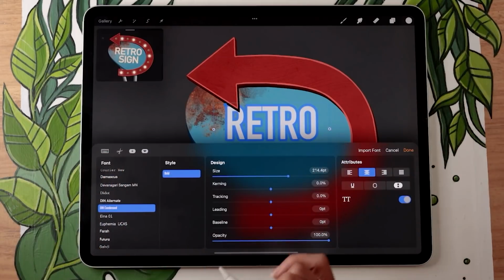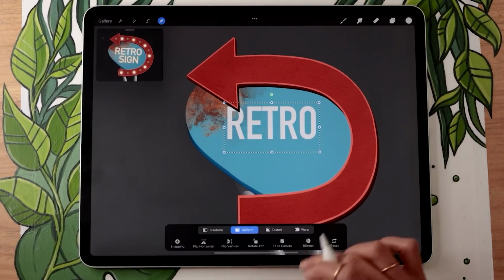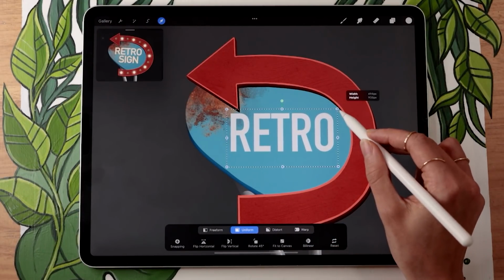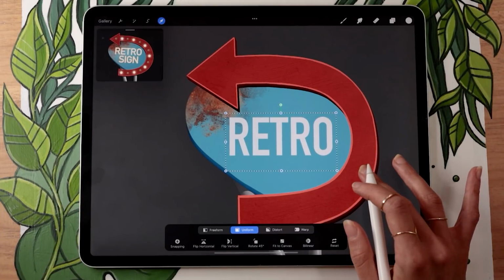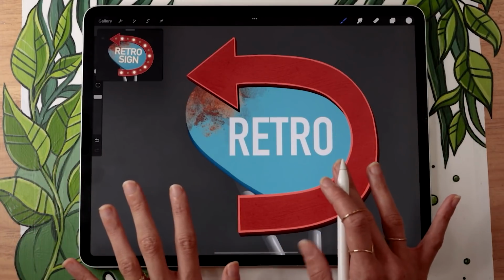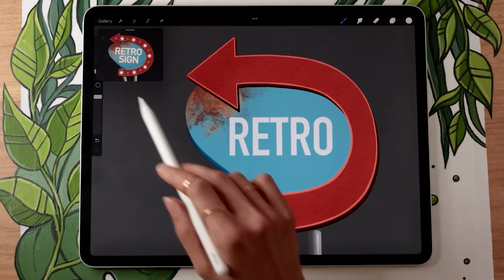So you can really play with your text as much as you want here, and then once you're done, just tapping on the arrow to exit this menu, you can position it wherever you want, and you could also resize it from the arrow tool here. It doesn't have to be within the text option. Now you could totally keep your text just white like this, but I'm being very extra in this video. I want all the details to be right, so I'm actually going to add a bit of a border around the text.